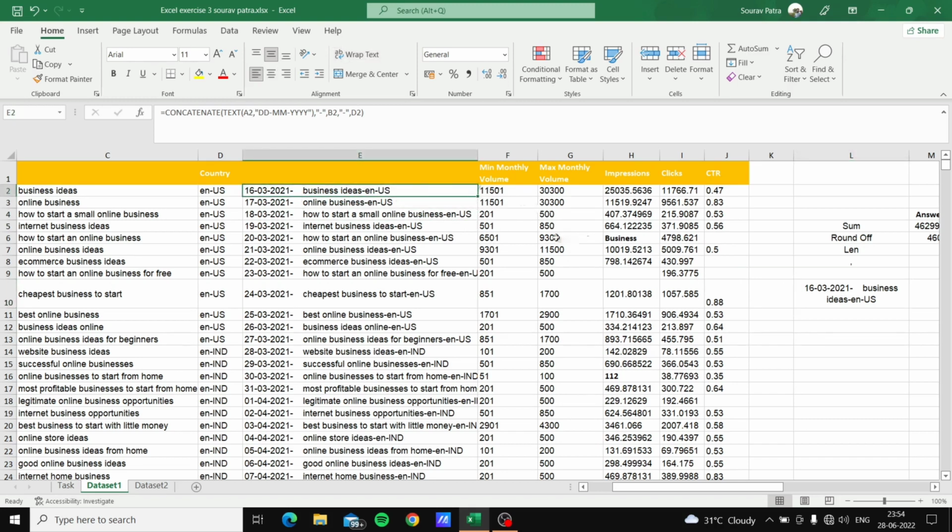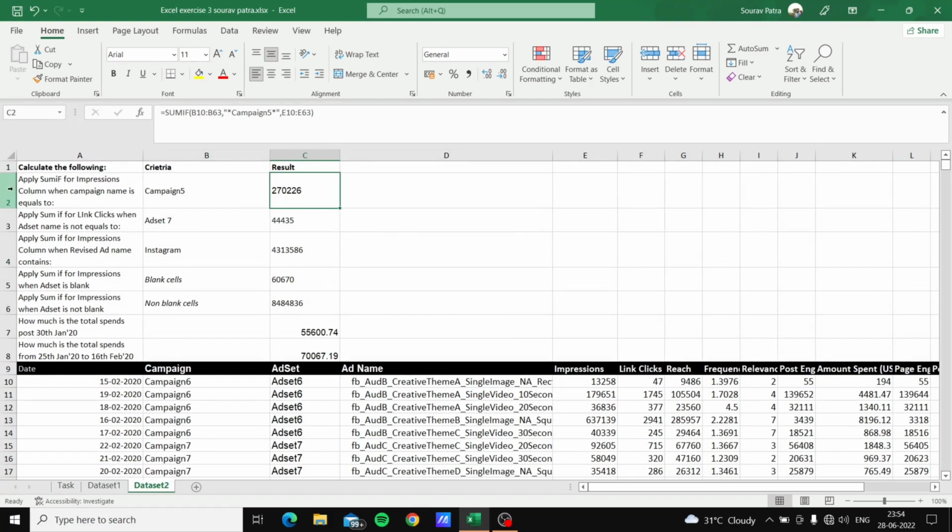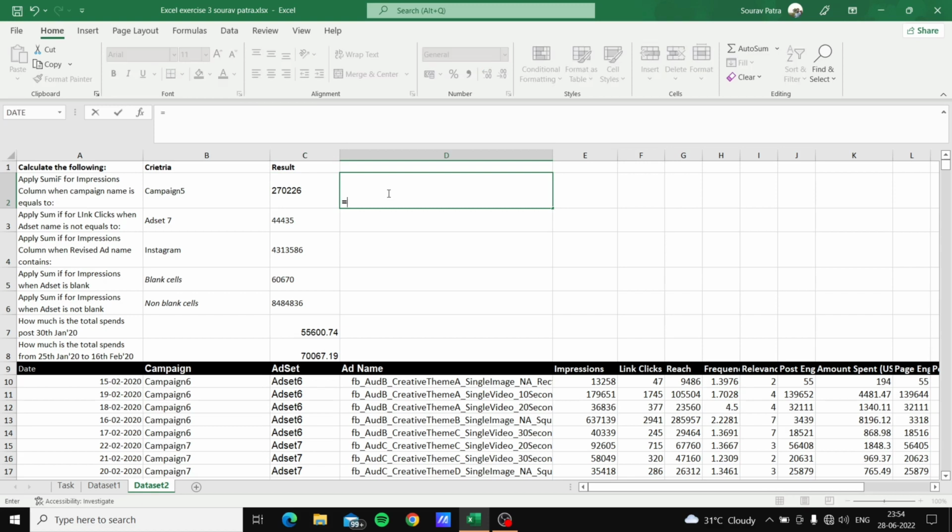So we have already done it for here with adding a column, you can see here as well. So we will head over to the next question, which is apply SUMIF for the impression column where campaign name is 5. So we have already done it for here, then we will again do it here. So we will put the formula equals to